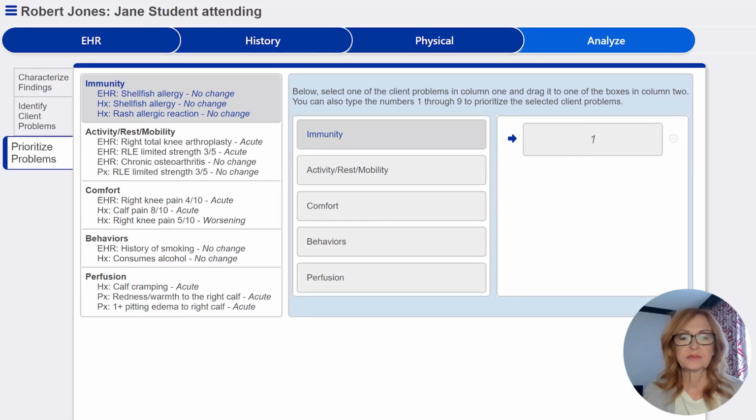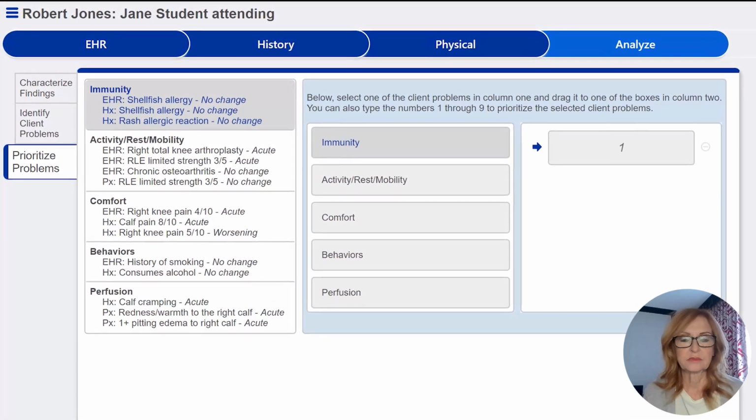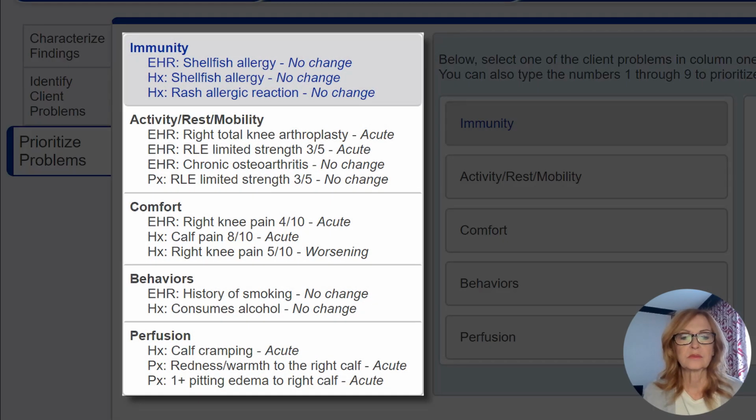Now that we have placed all the findings in their appropriate categories, we need to use our clinical judgment and prioritize the patient categories. As we see, there are 5 categories that we have identified: immunity, activity, rest or mobility,